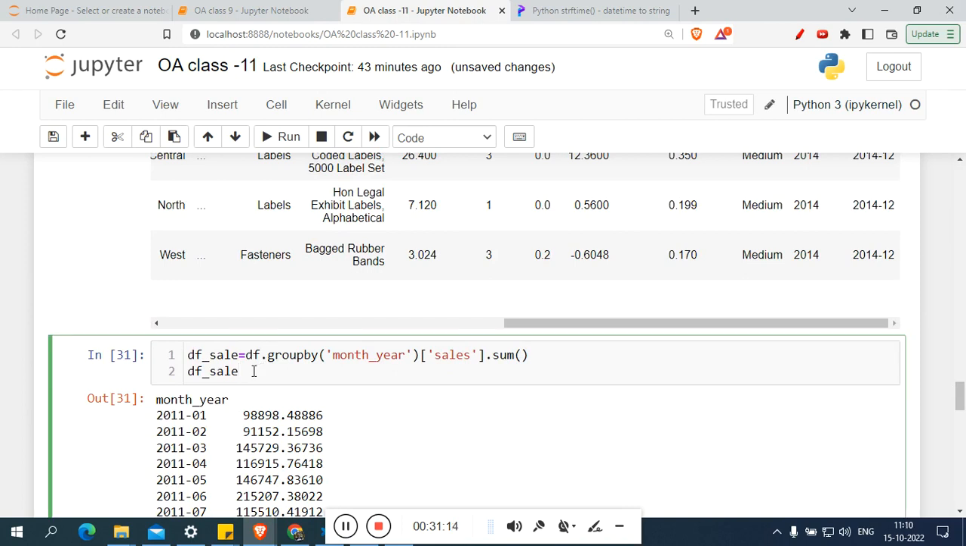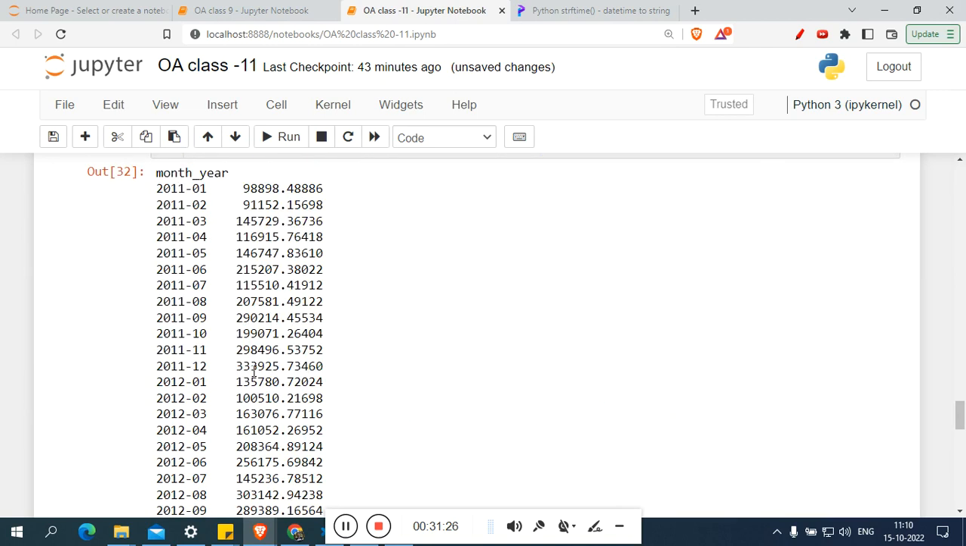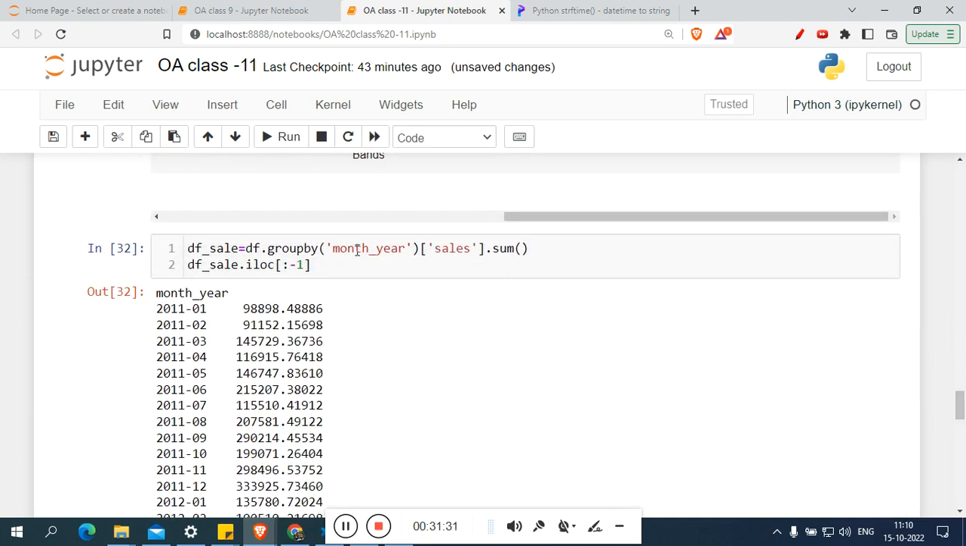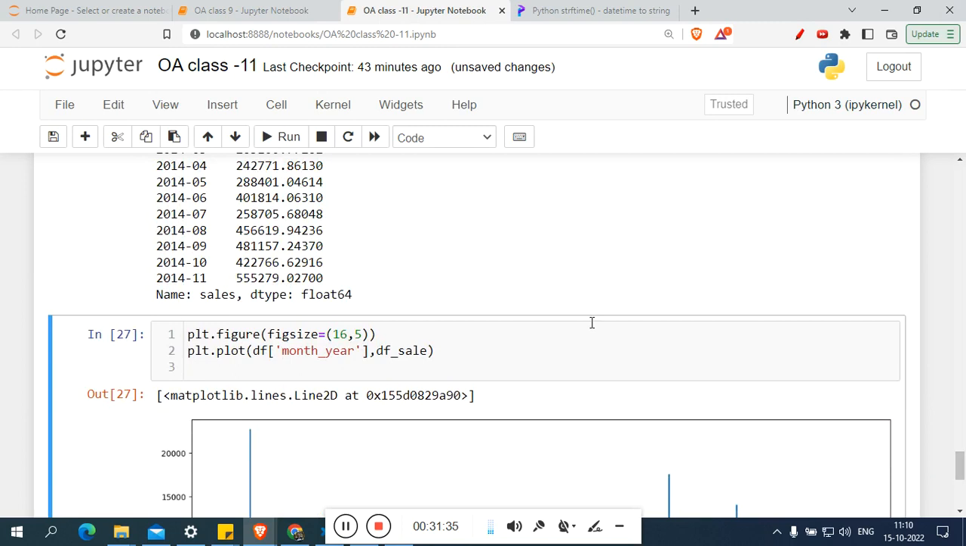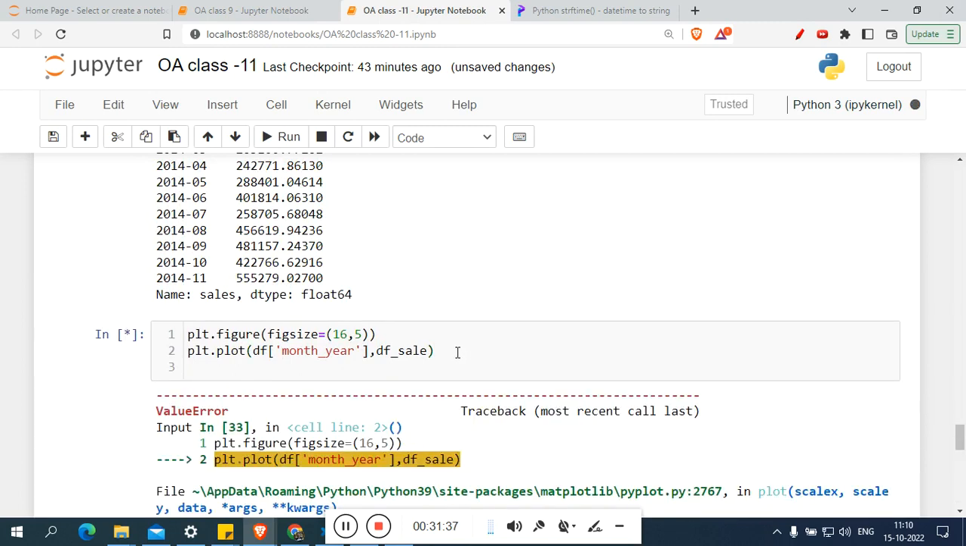So df call dot iloc, and if I call minus 1, minus 1 means last call. So what is the thing? Okay, df sale, it will give the error, I know. Let's see, I will play, it will give, you get the graph. डीएफ से चाह रहे थे कीवर्ड में की एरर में आ रहा है डीएफ